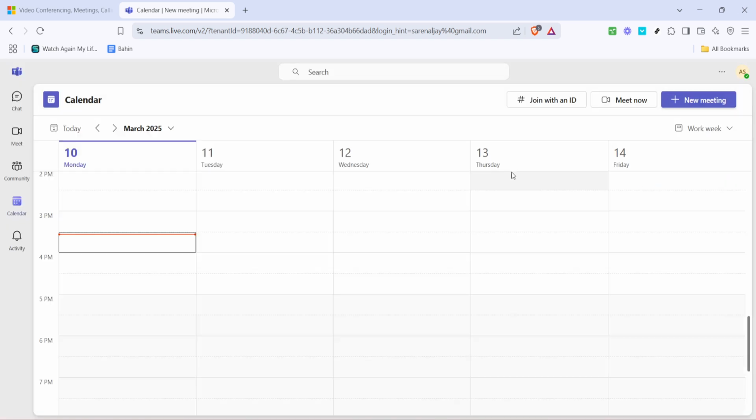And there you have it, you've successfully created a shared calendar event in Microsoft Teams. By following these steps, you'll keep your team organized and aware of what's on the horizon, ultimately steering you towards more